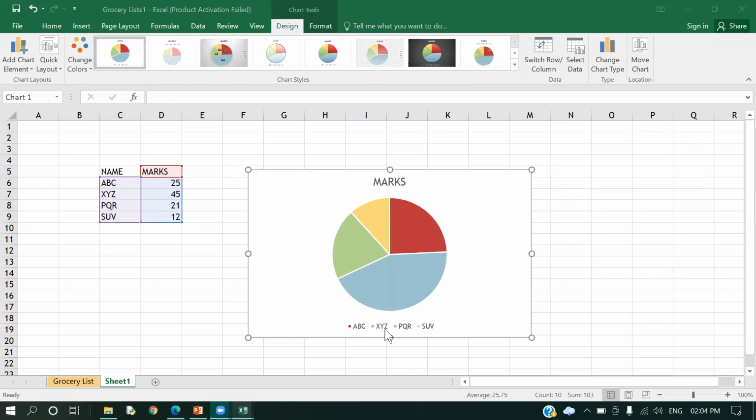These labels A, B, C, X, Y, Z, P, Q, R, S, U, V are representing all these sections. Okay, so this is how we can represent a chart.